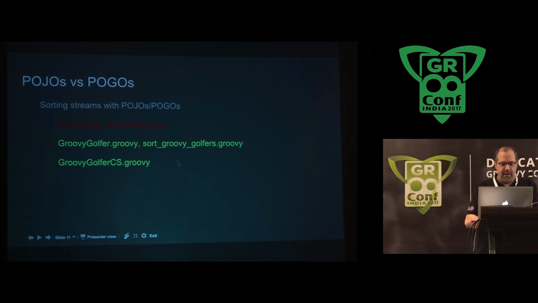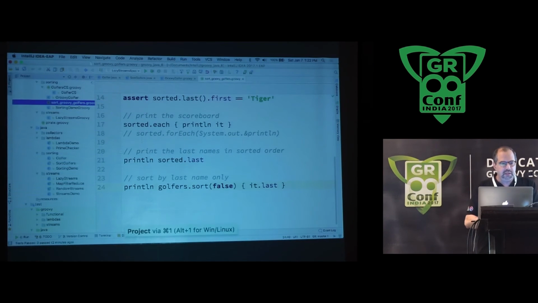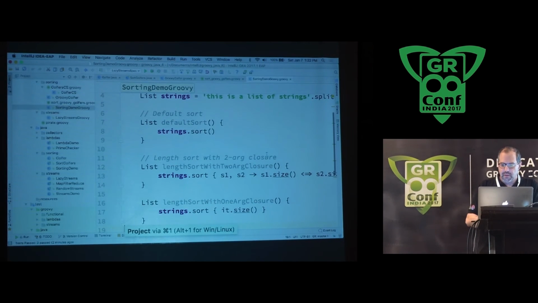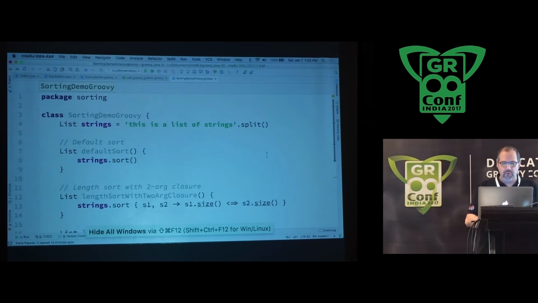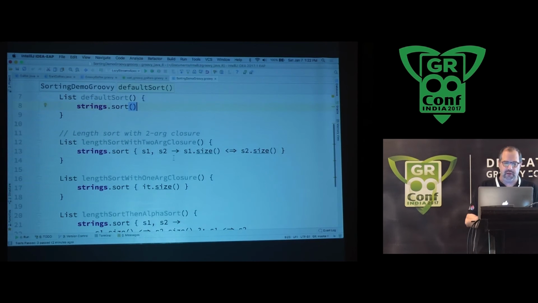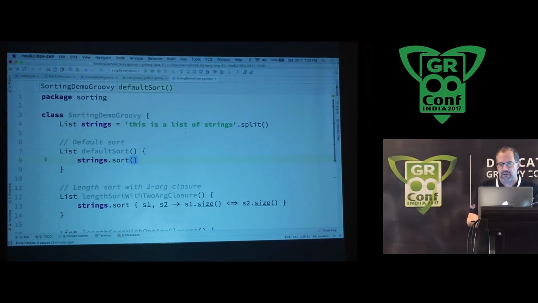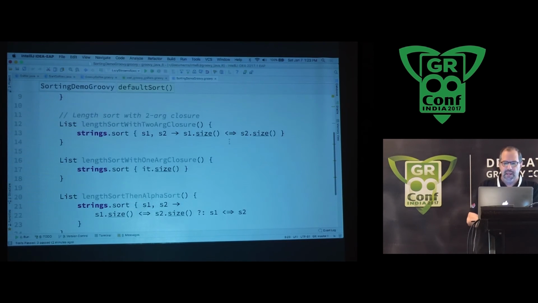Let's see. I also have one other thing here. If you don't want to use the sortable AST transform, or there's the default, the natural sort, you can also provide your own closure to the sort method. So this takes the same syntax as a comparator. So here I'm sorting strings, actually. This is a list of strings, and I split them up. And I say for each pair, just return,